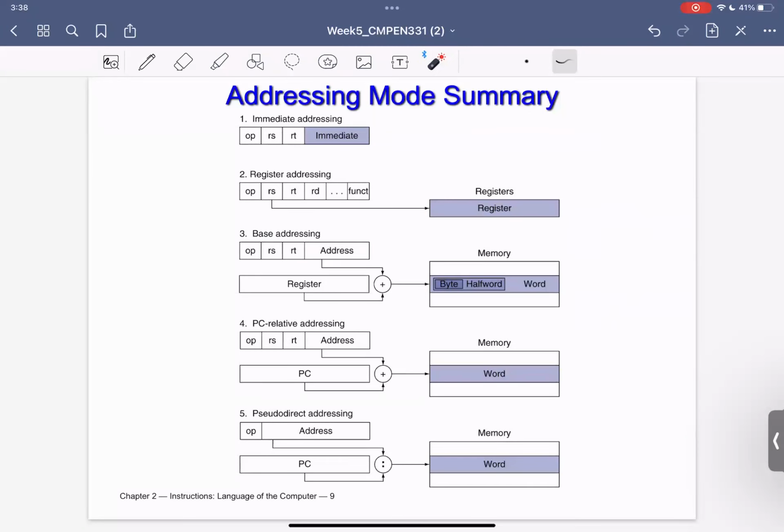Furthermore, let's go over this again as a review. With immediate address, you just have an immediate address here. With the register addressing, I'm telling you, of course, what is the RS, what is the RT, and where to put the RD. So all of this is just a register address. Base addressing, I'm giving you a constant here with the load word or store word. And this constant has to be added to a particular value inside a particular slot inside my register.